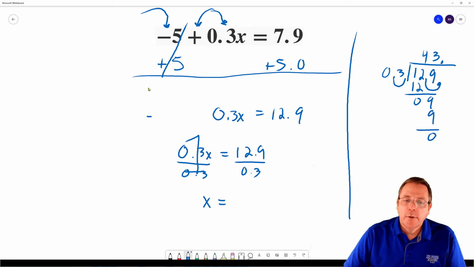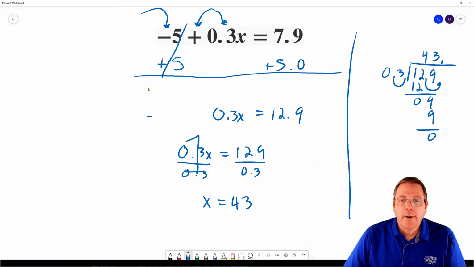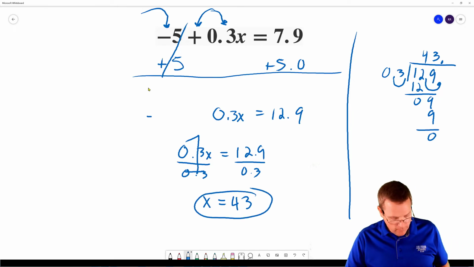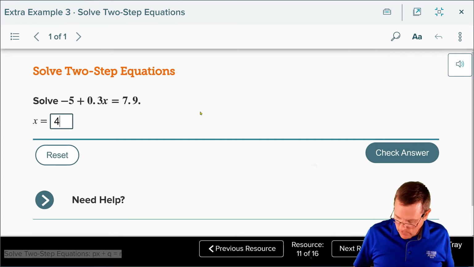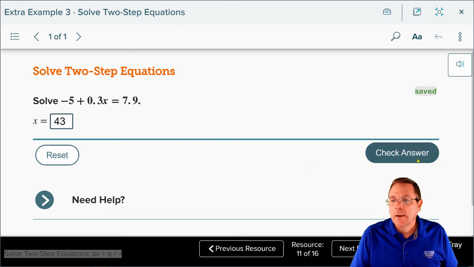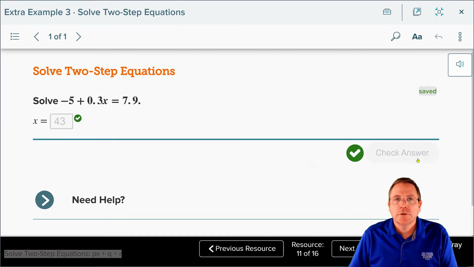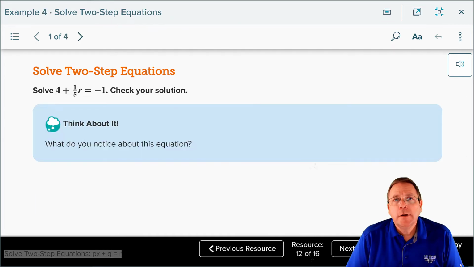Once again with nothing left over, so our final answer, x is equal to a positive, is it positive? Yep, it is indeed a positive 43. Jump back over here, type in our 43, and hit check, and the answer checks. Easy math. Now we would indeed be remiss if we did not also go over some problems involving fractions like